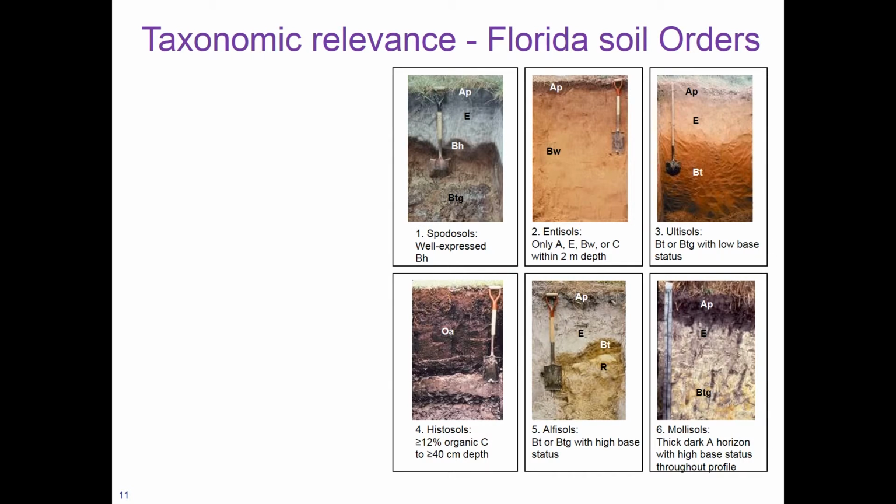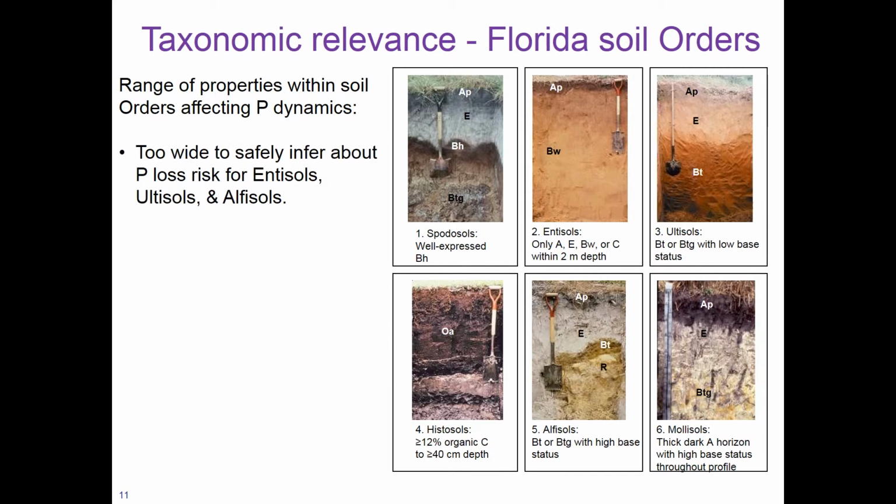Pictured here are the 6 soil orders that I introduced in the first lecture. These 6 are the most extensively occurring of the 8 soil orders that occur in Florida. I would like to expand a little bit upon the relevance of soil orders with respect to what you can infer about soil phosphorus retention. The range of properties within soil orders affecting phosphorus dynamics are too wide to safely infer about phosphorus loss